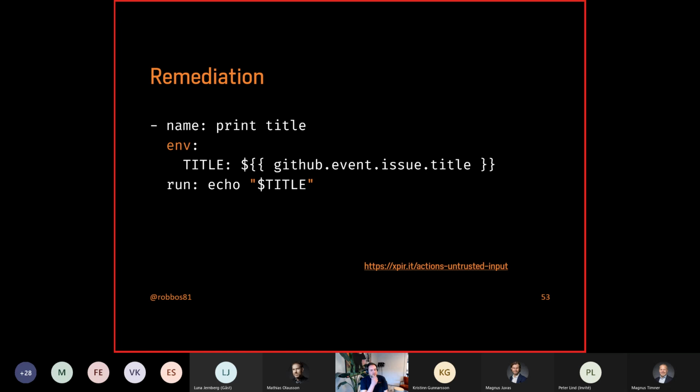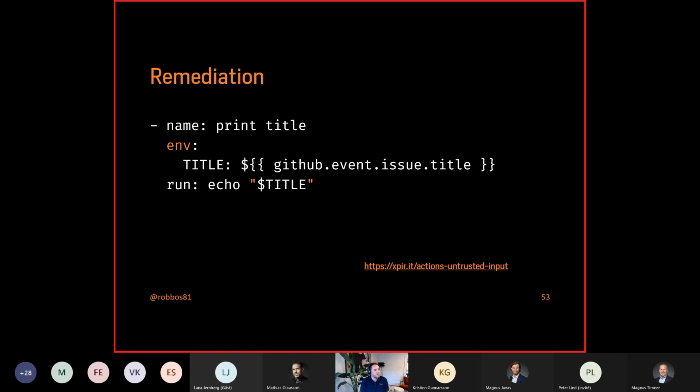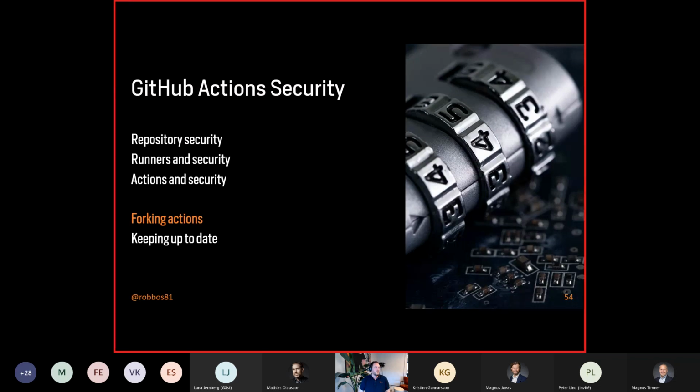One way to remediate it, with more information again on that short link, is to inject them as an environment variable here. The orange parts here are interesting. The environment variable, of course, will not be interpreted and they cannot break out of that setup. And in this case, I'm still using double quotes, but that should be single quotes because they will not be interpreted. So make it a real string and escape anything from it. As a developer, of course, everybody knows that you can never trust user input, always sanitize it, and this is a way of sanitizing. All right, let's go into the last part of this session, the best practices around really using actions.